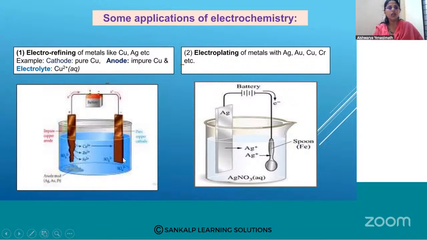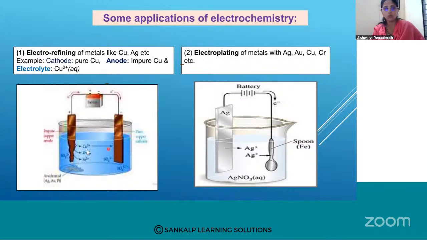We have seen here that impure copper is taken as anode, pure copper is taken as cathode. Here you have a battery, negative terminal connected to cathode, therefore electrons come. When electrons come, Cu plus 2 from the copper sulfate solution will go to the electrons. They get attracted to the electrons, they gain electrons, reduction happens,